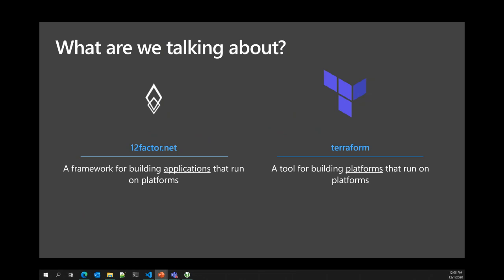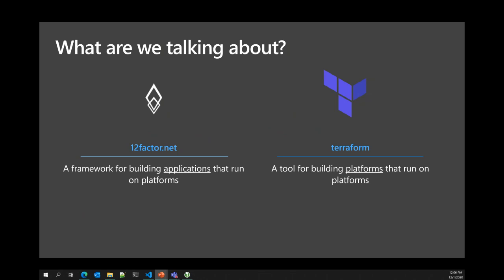And then Terraform. There are a couple of variants of it. Specifically today, we're going to focus on the open source version, but the principles apply just as well to the enterprise license version of Terraform. Terraform is a product by the company HashiCorp that is used to define infrastructure. It's infrastructure as code, a domain-specific language for doing desired state configuration, and it's used for building cloud infrastructure on top of cloud platforms. It can also do other things, like build within your data center, but the primary use case is building cloud infrastructure on top of platforms.